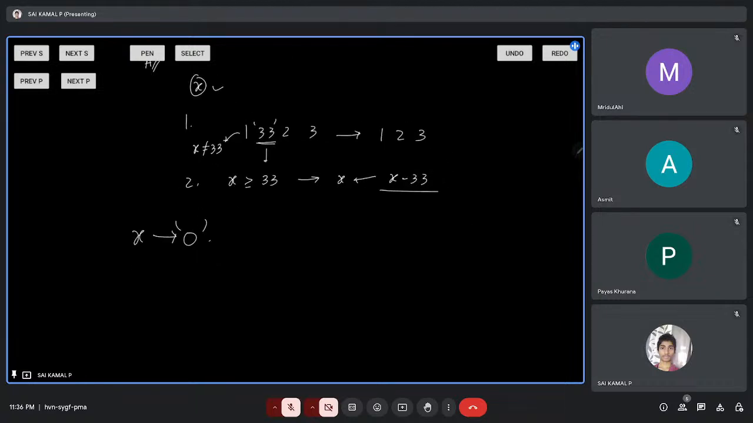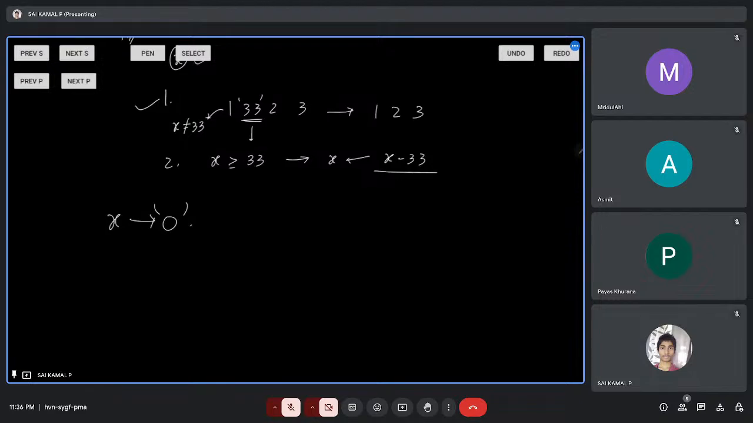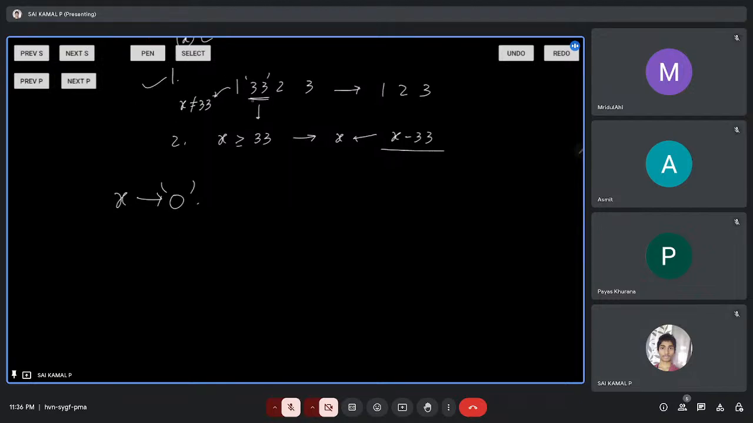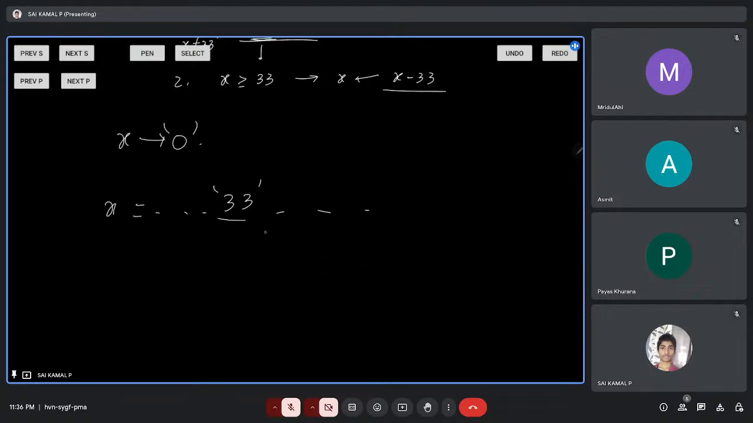So in this problem, if you see, the first operation is kind of redundant, in the sense that if you are removing 33 from any position in the initial string, 1 3 3 2 3, or any arbitrary string, assume this is how this current integer could be represented in decimal form. Then what essentially you are doing is